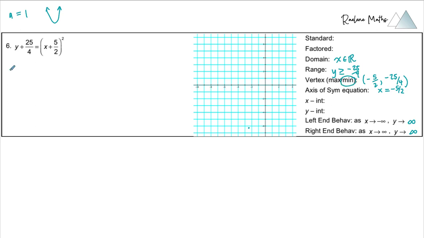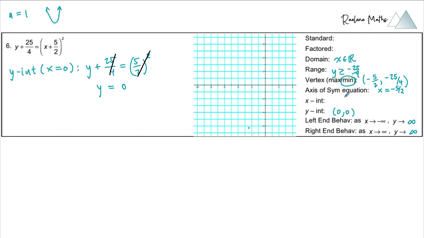Okay, now let's get the y-intercept, which straightforwardly we just substitute x equal to 0 from the given equation form. So y plus 25/4 is equal to 0 plus 5/2 in brackets squared. And it turns out that 5/2 all squared is 25/4, so we end up getting that y is equal to 0. So we have the y-intercept at (0, 0),